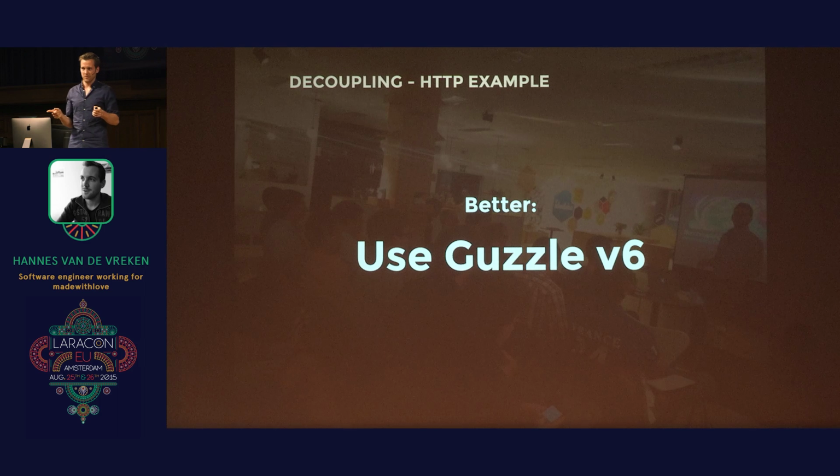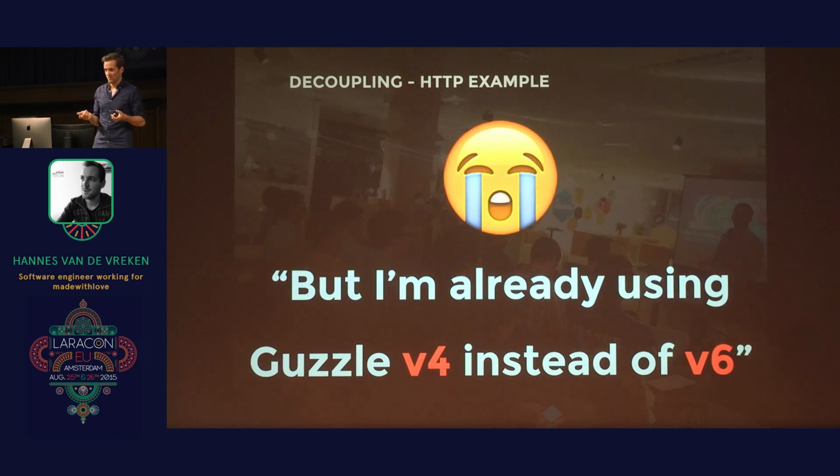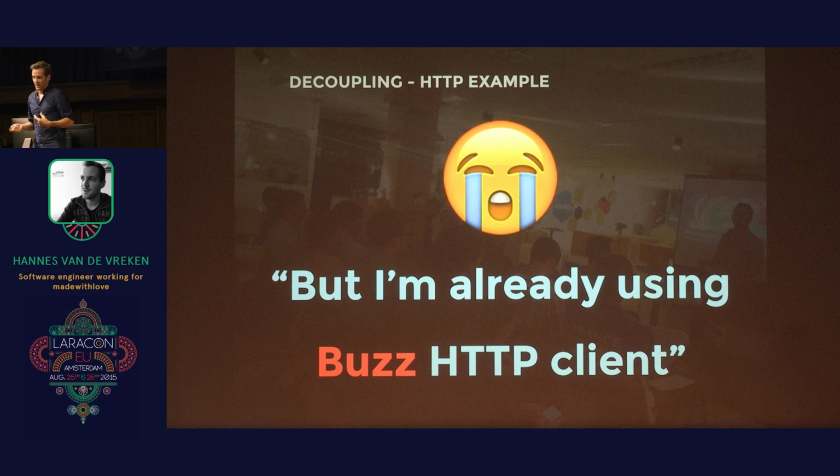There are some people out there using Guzzle v4 or v5. They will say, I cannot install your SDK because I'm stuck with v4 and I can't upgrade. And people will cry. Some people will say, I have Buzz HTTP client, or Cake HTTP client if you're using Cake